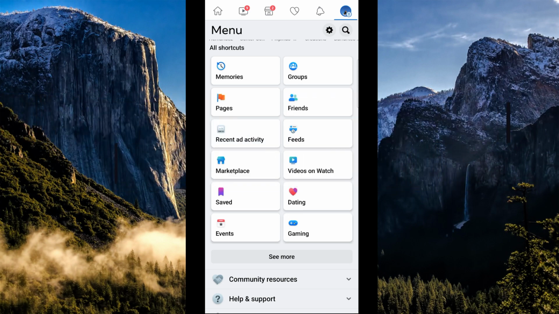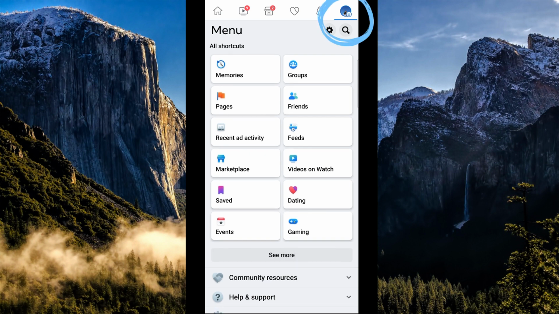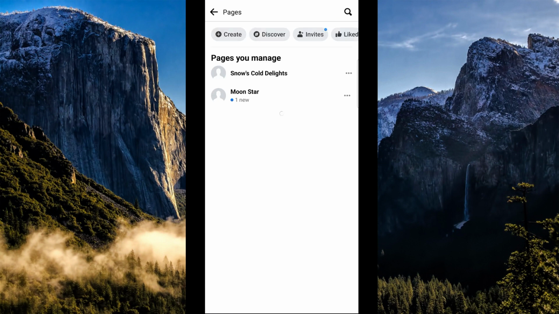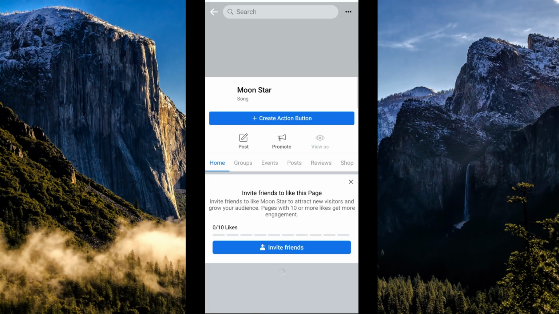So hi guys, the first thing that we're going to do is to simply open our Facebook page on our mobile device and click on our profile icon on the upper right hand side of our Facebook page. Once done, go to your shortcut section here and select on pages. Now click on the page that you've managed,